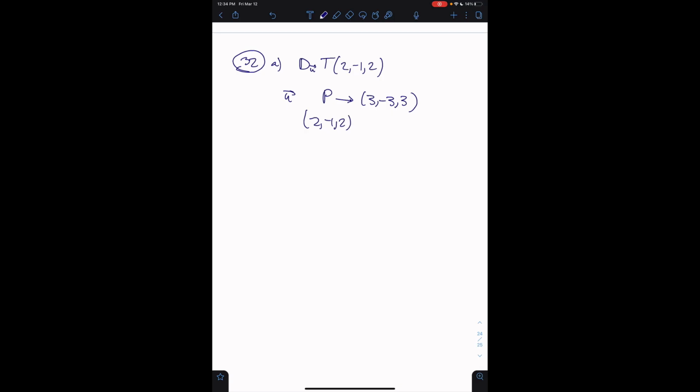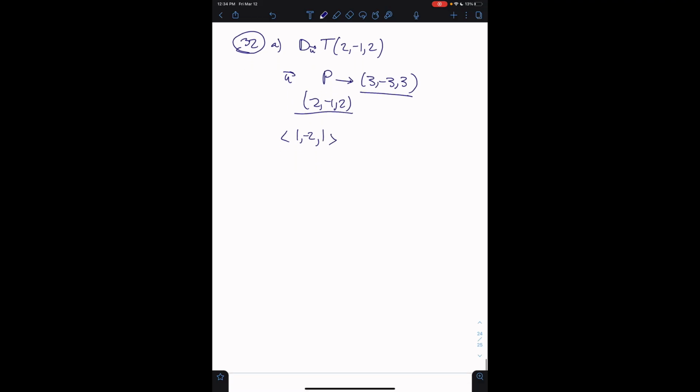So first we want to find the unit vector. We see that we subtract this point right here by this point, and we end up getting our position vector <1, -2, 1>. And then we want to find the magnitude of that, which we know is the square root of 6. So that tells us that our unit vector is <1/√6, -2/√6,